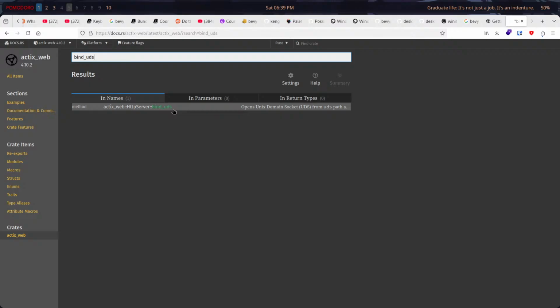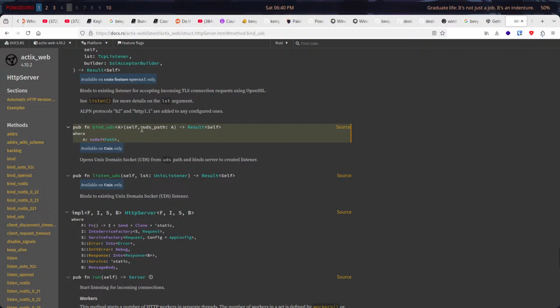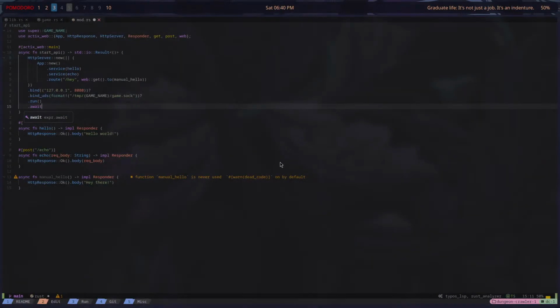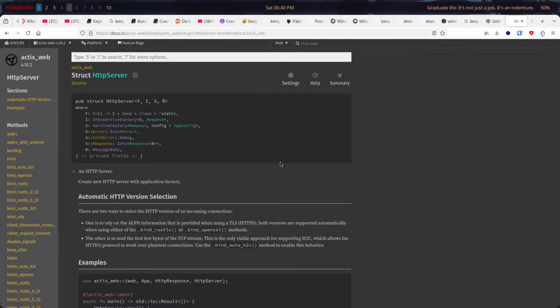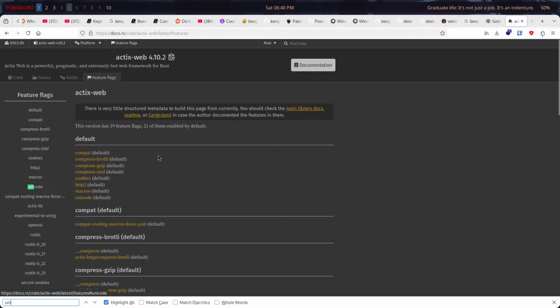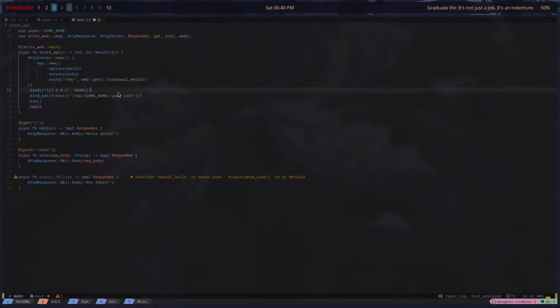Because if the player's playing this on Windows, I don't want them to just be SOL. Only available on Unix. Okay. Can't remember if that's a feature or... Okay. Yeah, it's platform-based,